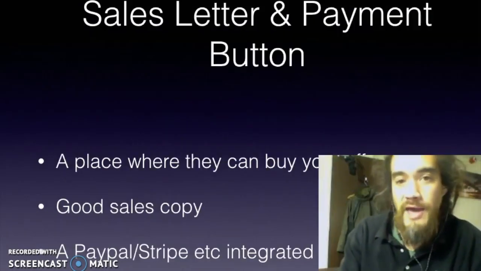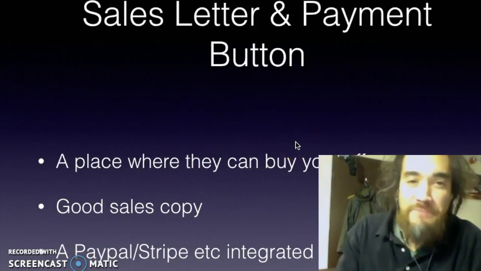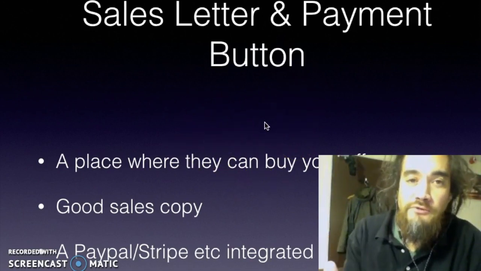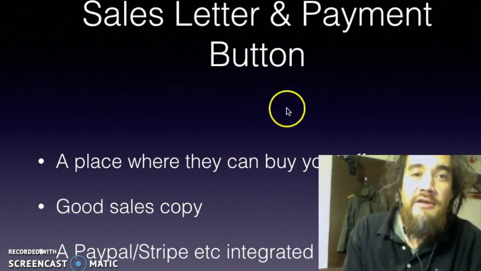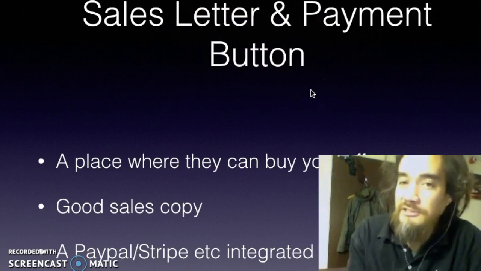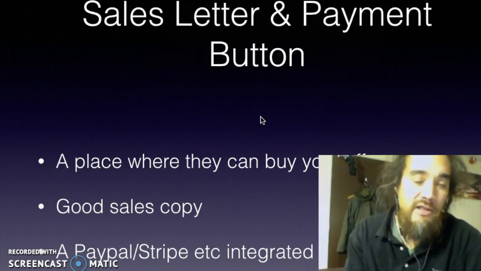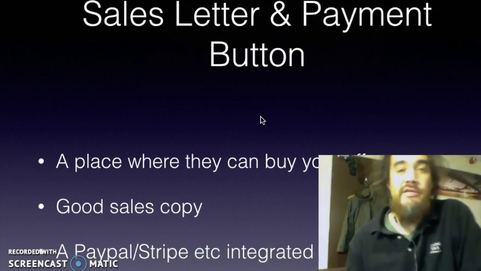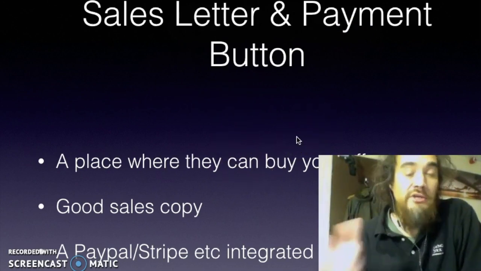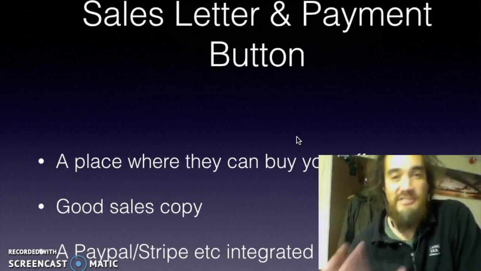The fifth thing that you absolutely need to get your system set up is just the most obvious thing. If you want people to be able to buy from you, then you need to have some type of sales letter and a payment button. At the very least, you need to have a page that has a payment button and the name of the product. That's all it has to be. A store site, a lot of times that's all it is. The name of the product, a little description, and a button where they can buy it, right? You need to have at the very least that button. If you set up nothing else in your entire system,